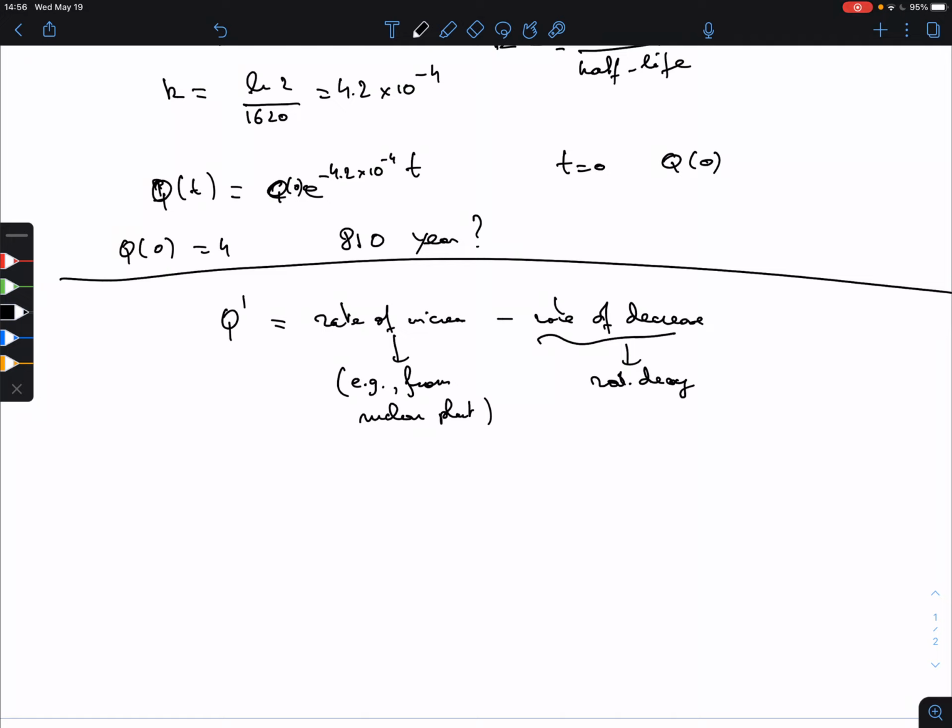Or it could be from cosmic radiation that creates a certain amount of radioactive material on Earth. That it does exist, right? And so often this rate of increase is rather constant, because we have a plant and it's just working, let's say. Of course, I should have mentioned X-rays, right? That's also radioactive material that is used here. So it is a constant. Very often the model would be a constant rate. Of course, it doesn't have to be, but in most realistic models that is a constant rate, whereas the decay is